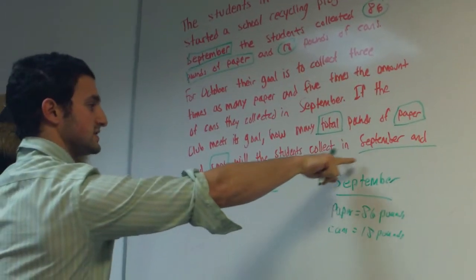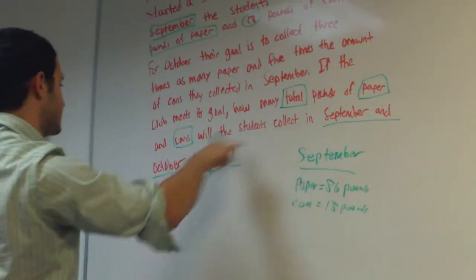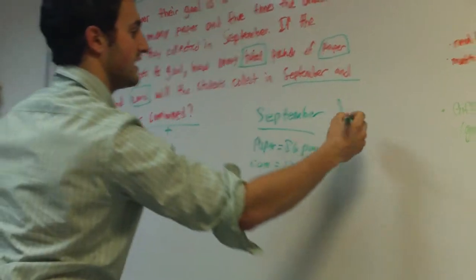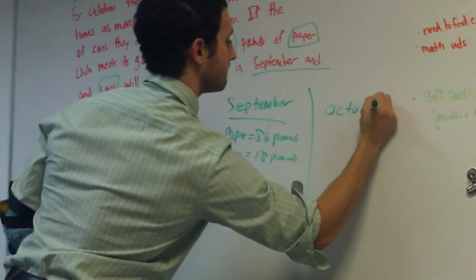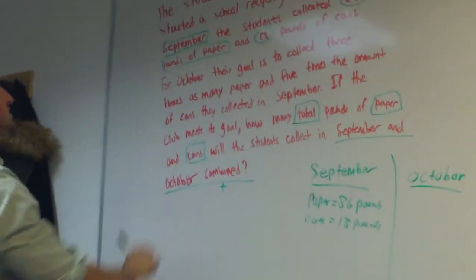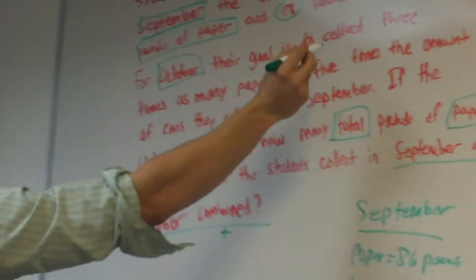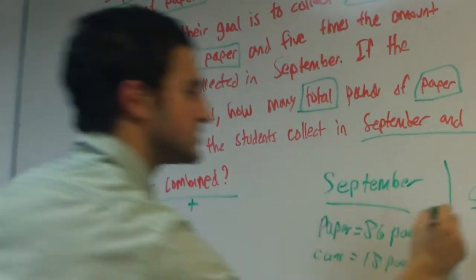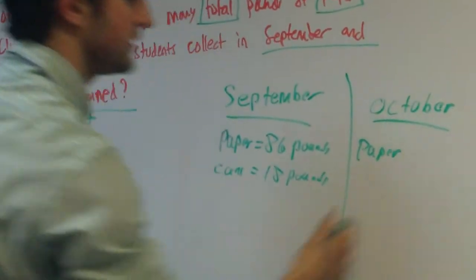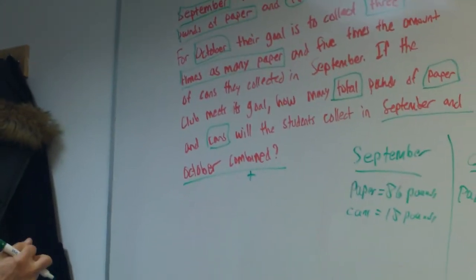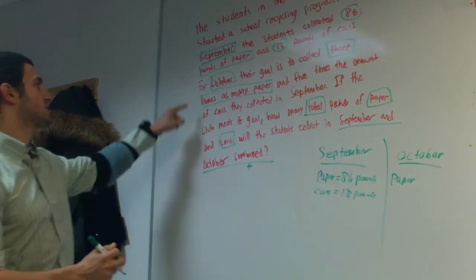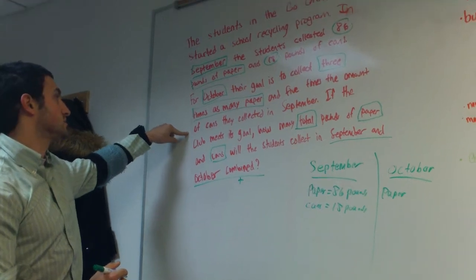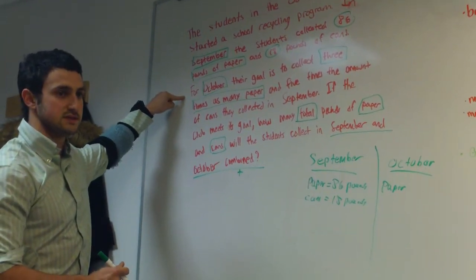Great. But the question wasn't asking me just about September. It asked me about September and October combined. So I now have all the information I need for September. Now I have to start working on October. If we go back to the question, it says for October, their goal is to collect 3 times as many pounds of paper. So I need to be thinking in my head, are they collecting more pounds of paper in October or September? Well, if they're trying to collect 3 times as much paper in October than they collected in September,